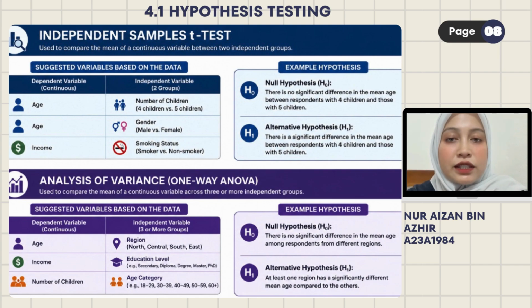This slide explains hypothesis testing, which is used to determine whether there is a significant difference between groups. The independent sample t-test compares the mean of two independent groups, while one-way ANOVA compares the means of three or more groups. The null hypothesis H0 states that there is no significant difference, whereas the alternative hypothesis H1 states that a significant difference exists. These tests help researchers identify whether the differences in the data are statistically significant or occur